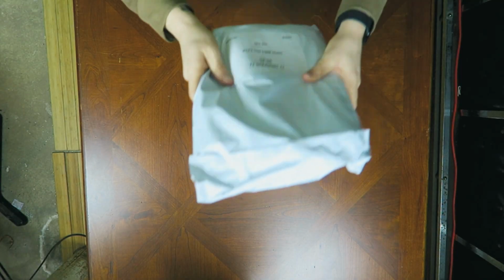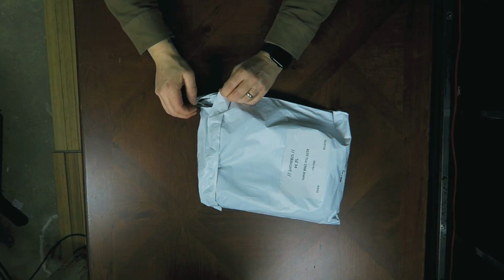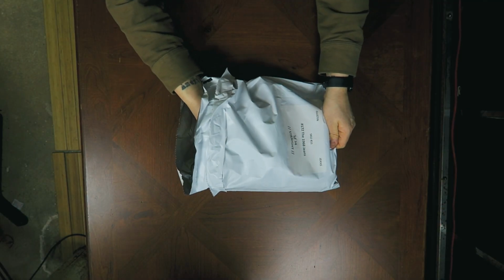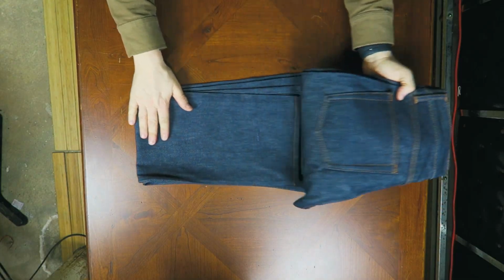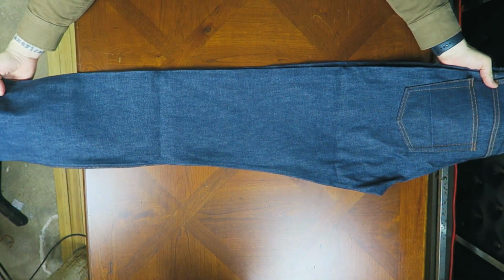So let's go ahead and check out the 1968 jeans, because these are a bit special. Now these are the 1968 that are made from dead stock Cone Mills denim. Now this is from the Cone Mills factory that no longer exists. This is, as I said, dead stock. So once these are done, these are done. So these are currently in the Evergreen store, but once these sell out, they will be sold out indefinitely